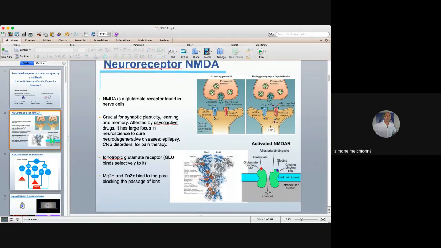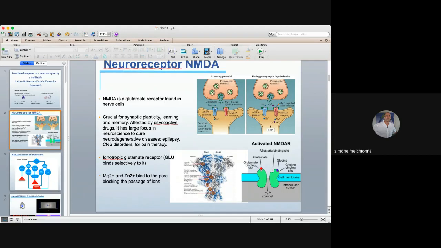So what is NMDA? NMDA is a quite famous neuroreceptor. It's found in the nervous system. It is very famous for neuroscience because it is key for synaptic plasticity, learning, and memory. So if something goes wrong in this receptor, which sits at the synaptic end of a neuron, then we don't behave the way we should. In fact, when we take psychoactive substances, NMDA fails to work. And neuroscience is pretty interested in this